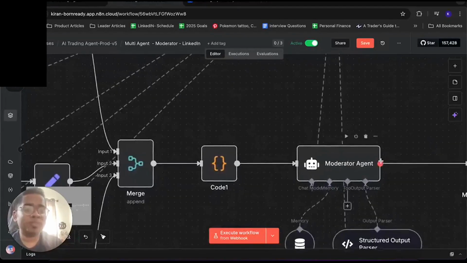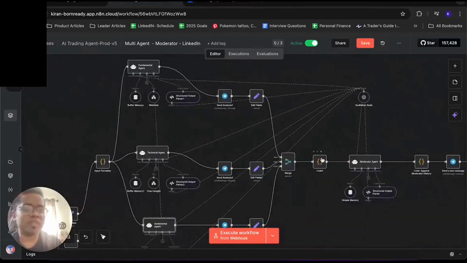What we are also proud of is the moderator agent. Think of it like a manager. In the end, it's just a prompt when it comes to all three of these agents, so sometimes some important ratios or data get missed because all of this is getting picked from the internet. So the moderator agent acts like a manager, wherein it has been given 15 parameters for fundamental, 15 for technical, and around 5 to 10 for sentiment. If any of these important ratios get missed, for example the P/B ratio for a fundamental agent, or price to sales ratio if it's a loss-making company, or support and resistance levels for a technical agent,